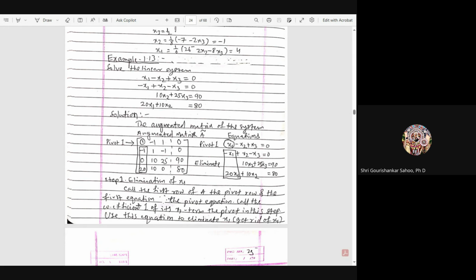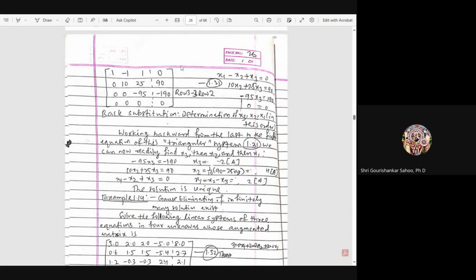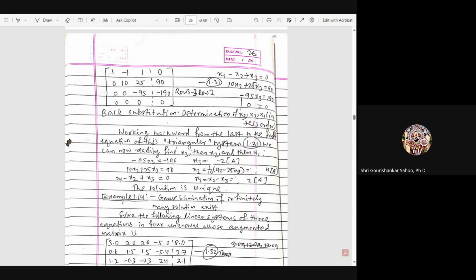So your pivot is now x1, and you have to keep the first equation, that is x1 minus x2 plus x3 is equal to 0, intact, and you have to eliminate the other equations so that it will make a triangle, as 1 minus 1 1 0, 0 10 25 90, 0 0 minus 95 minus 190, 0 0 0 0. So now it has a triangular form,